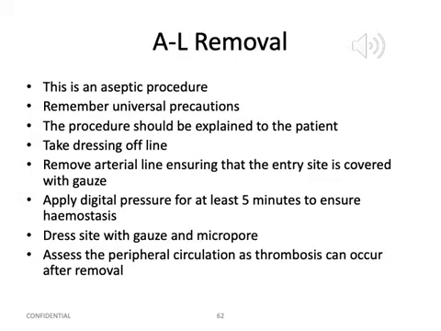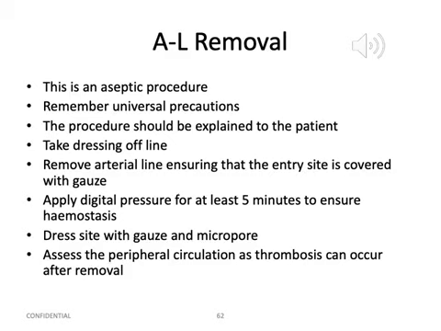Arterial line removal is an aseptic procedure. We need to remember universal precautions when we remove the arterial line: hand washing, gloves, sterile gloves. We should explain the procedure to the patient. At the beginning we take off the dressing of the line, we remove the arterial line set, and then we remove the arterial line. After that we should apply digital pressure, or we should apply pressure, for at least 5 minutes